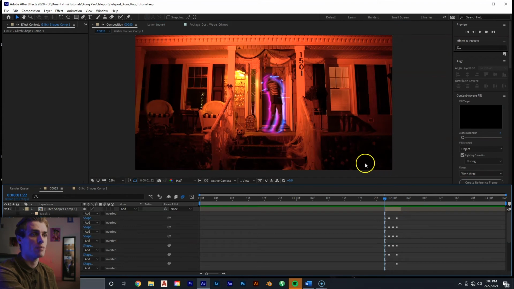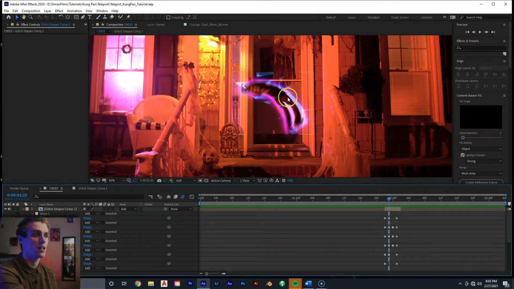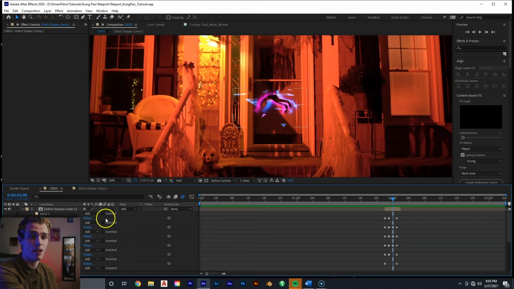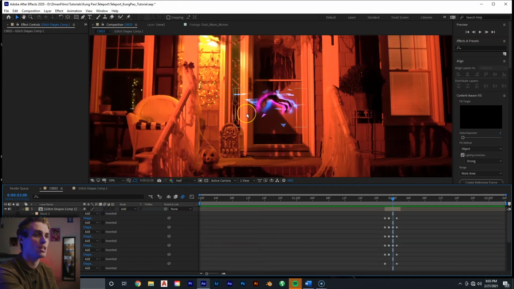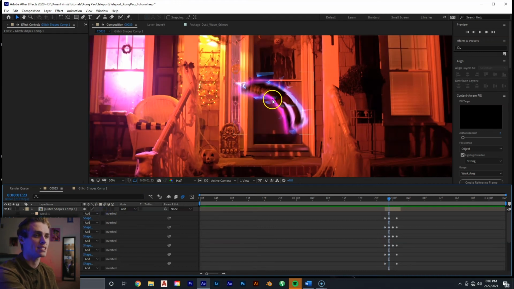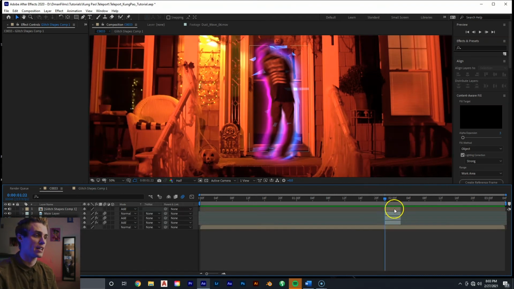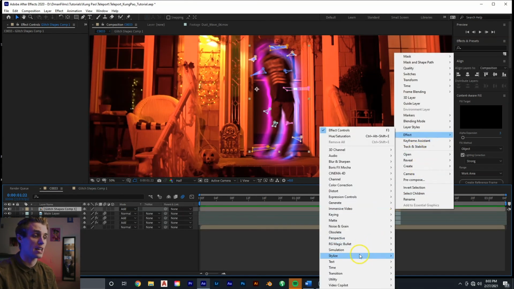If we go frame by frame, you can see how there's no blur to them. We don't have the motion blur set. If we did set the motion blur, you can see that blurred out. I don't want that. I want them to be sharply edged as if they are glitches within an old VHS tape. So what I want to do to this real fast is right mouse click, effect, stylize, and add another